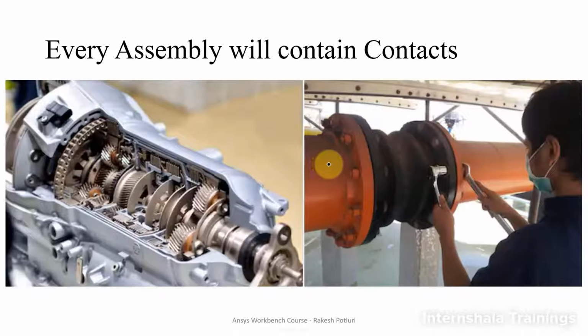Physically, when we come to our mechanical systems, here is a gearbox assembly where you can see a number of interactions. For example, this chain is interacting with the sprocket here. In order to tell the computer that both of these things are interacting with each other, we need to give a contact. Likewise, here gears are in contact. In order to tell the computer that the gears are in contact or meshing, we need to give a contact there. Likewise, physically, when we see this particular valve, the nuts and bolts are in contact.